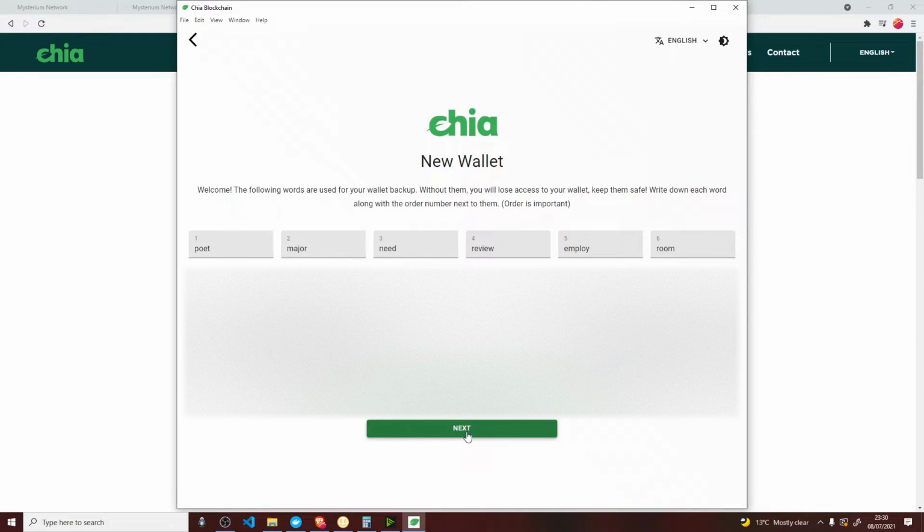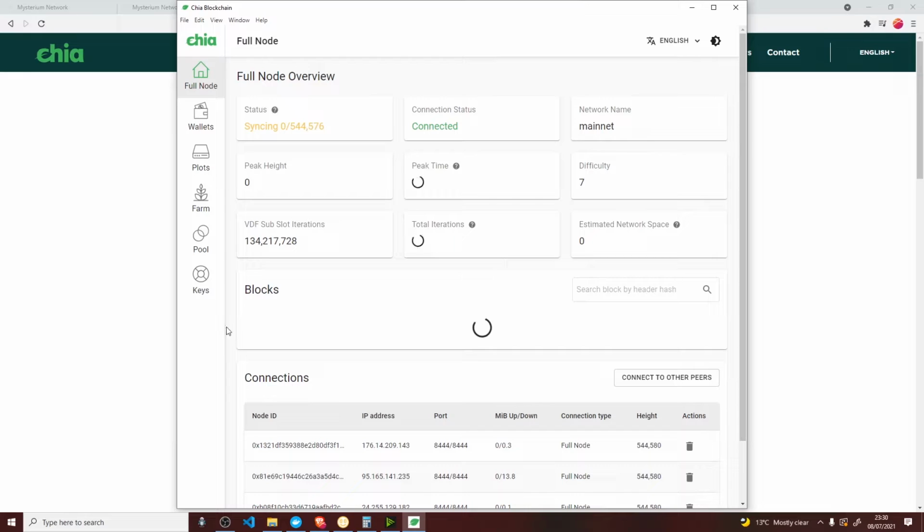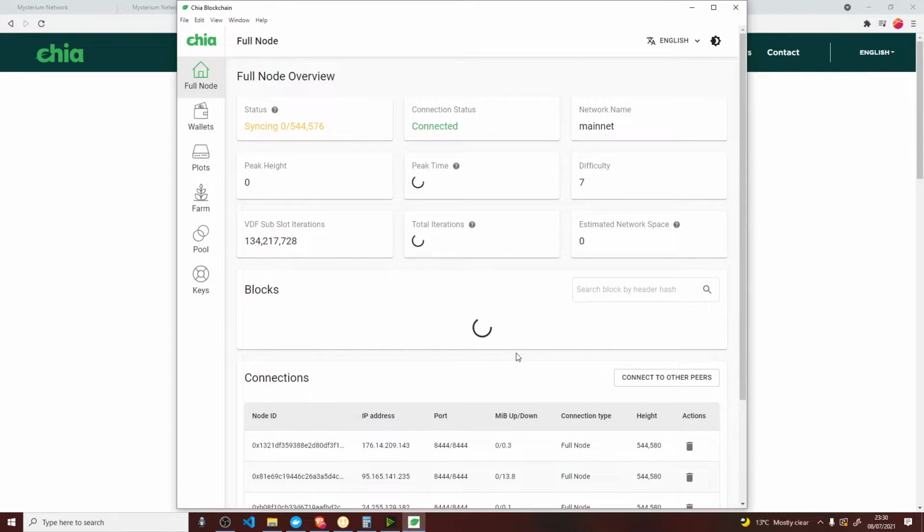So there we go, next, and then obviously delete it off my phone. Next. So yeah, please make sure you make a note of these and store it somewhere safe. Again, just allow access.